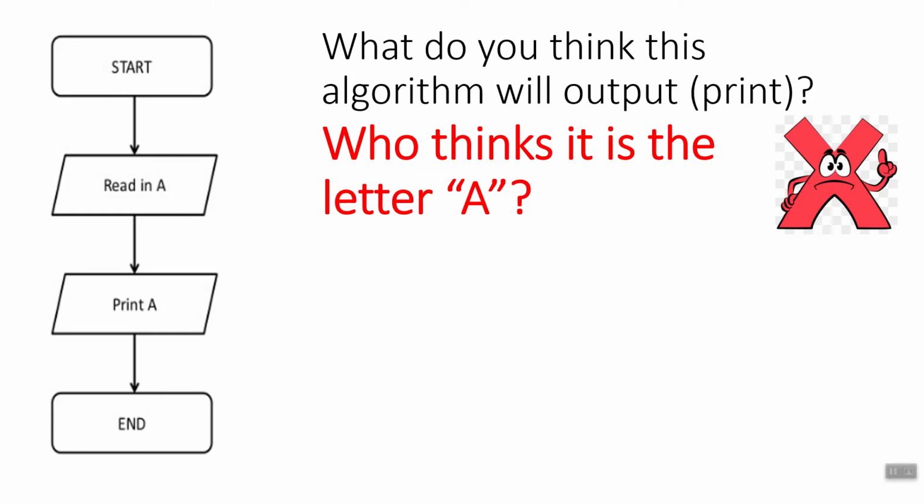Okay, so we've got this flowchart where we start our program, we read in A, print A, and then finish. And when we look at that flowchart, it looks like we're going to get the output of the letter A, but that's not actually what's happening. So what we need to do is really investigate what's going on inside the computer to see how this program